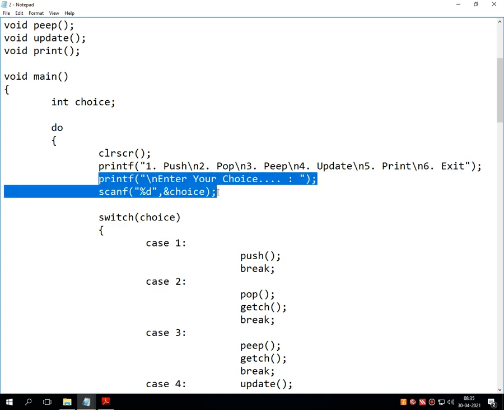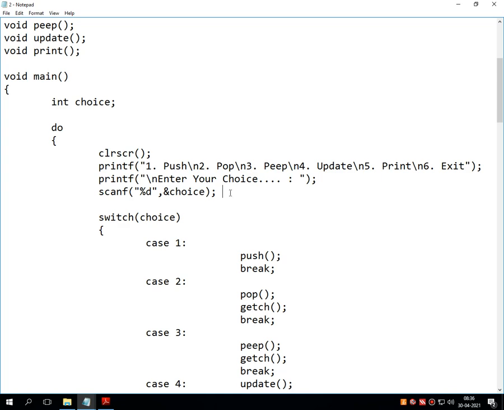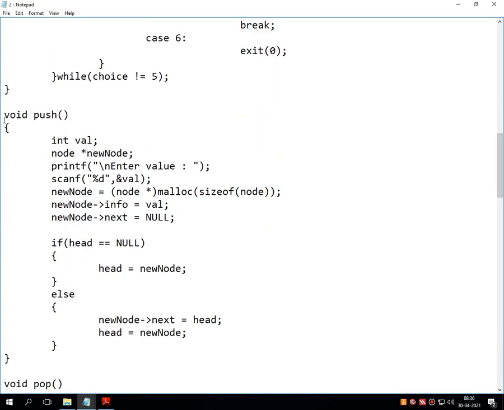Then there is a choice where we have to select a specific operation. Suppose user selects option number 1. This switch statement selects case number 1 and the function call occurs here, that is push. In the push operation, one local variable I have declared is called VAL, that is for value.